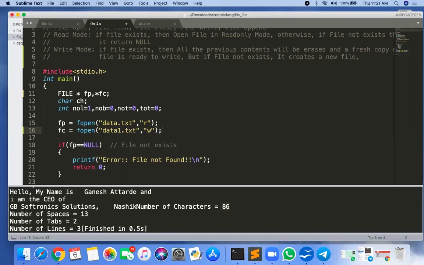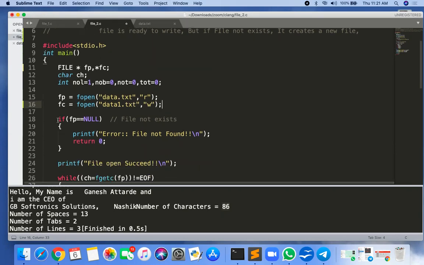And always remember, if the file exists, then the previous content of data1.txt gets erased. So it is a very, very risky call here. If you have stored content previously in that file and you open that file in W mode, all the previous content will be deleted by the W mode. So always make sure whether this file exists previously. If it exists and the data is important, then use a second file. If the data is not important, then use W mode. All the previous data will be erased there.